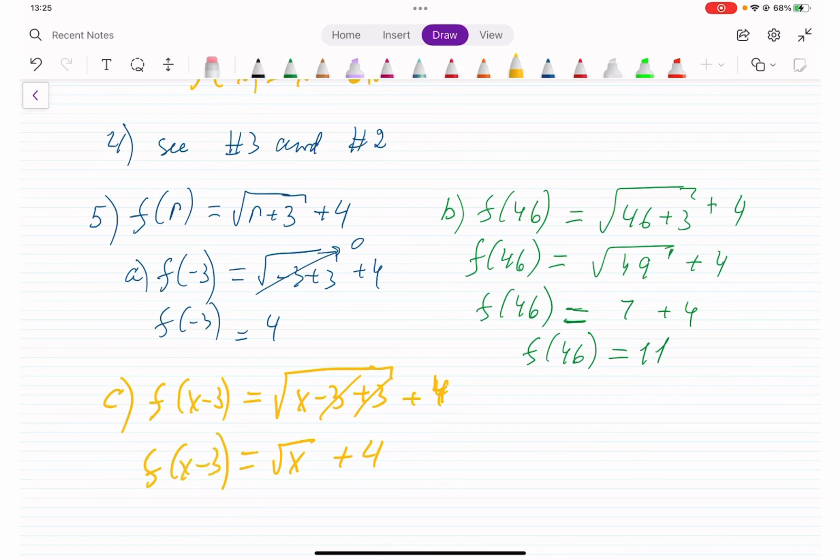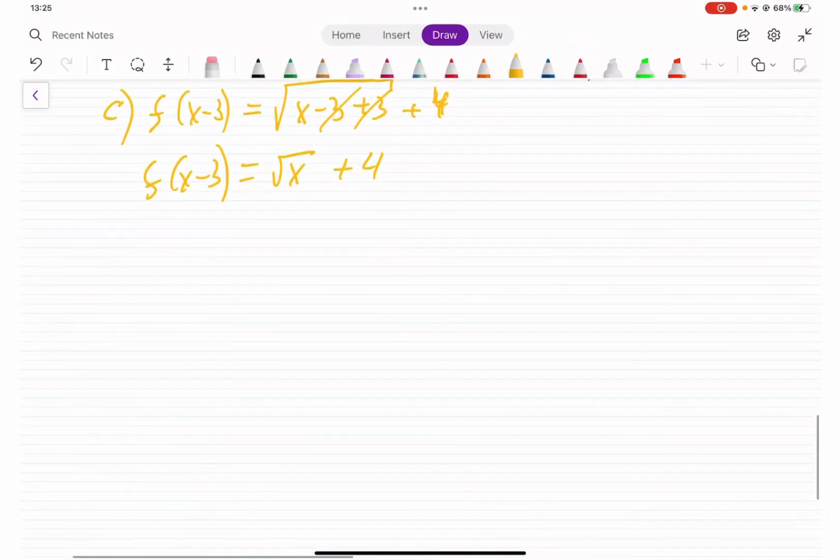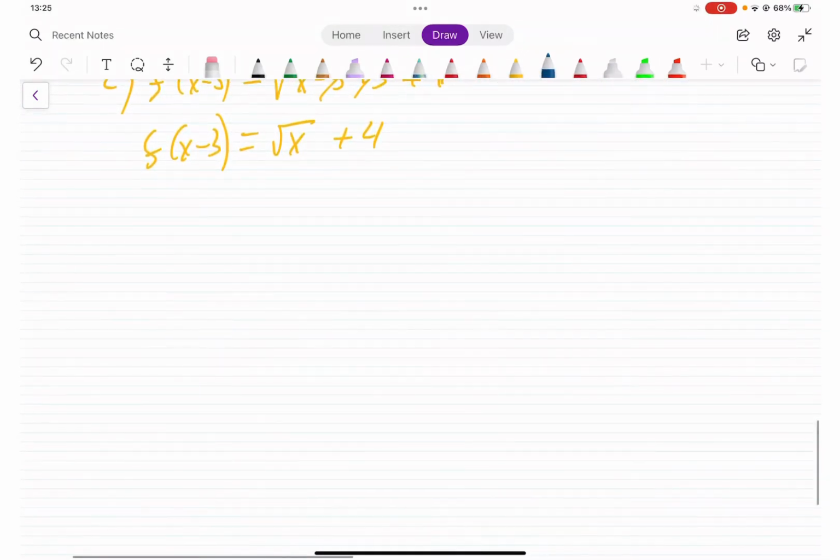All right. Okay. Moving to question number 6. Number 5. Question number 6. So we need to evaluate the function at the given value. Okay, so we're doing the same thing. It's just more for rational expressions. So f of x